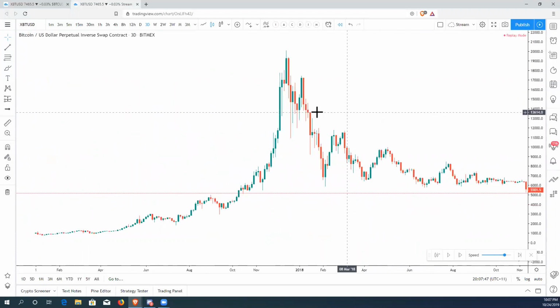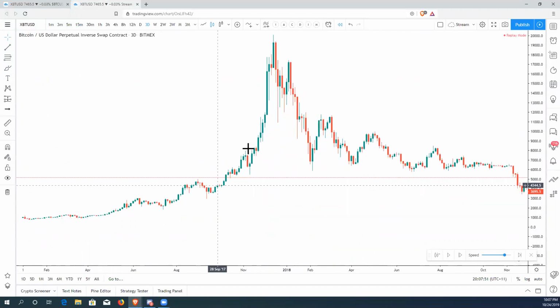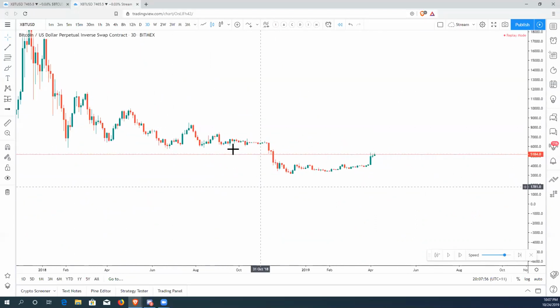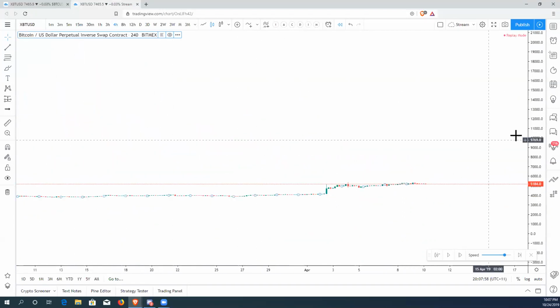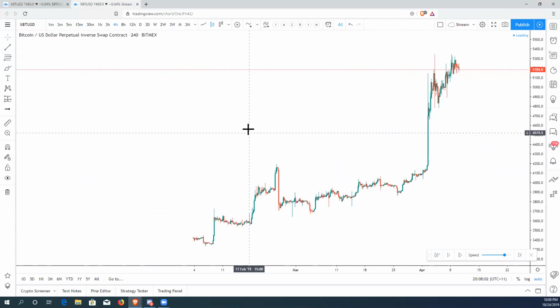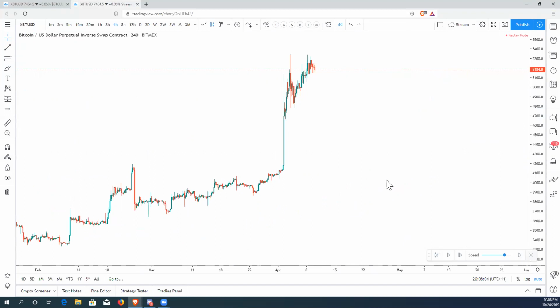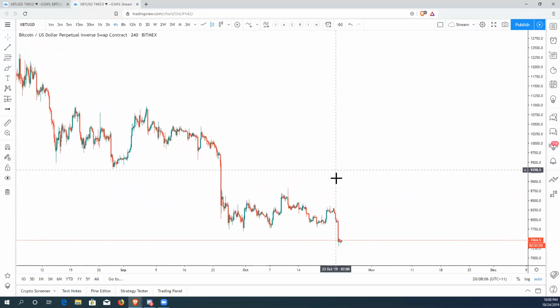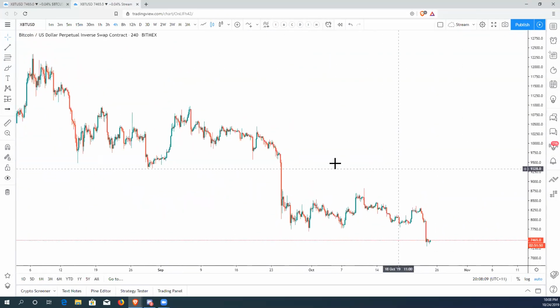So pretty much how bull flags and bear flags work, guys, is the trend you're in, right? So this is an uptrend, so therefore we'll be looking for bull flags on the way up, and then on the downtrend we're looking for bear flags, right? So we'll go to our current market that everyone's been watching. Here we go. So we'll go to our current market so everyone can understand what was going on and why